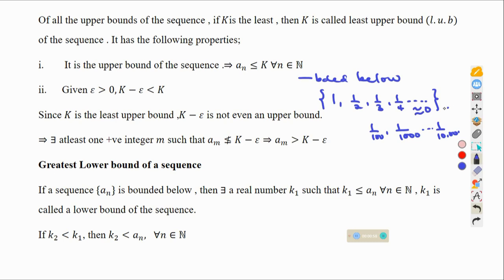So as n keeps on increasing, it means the terms will be coming approximately to 0, because if you have 1 over, for example, 1 million, that term will be 0.0000001, something like that. So it is coming towards 0. So we said that 0 for that case is actually our lower bound,